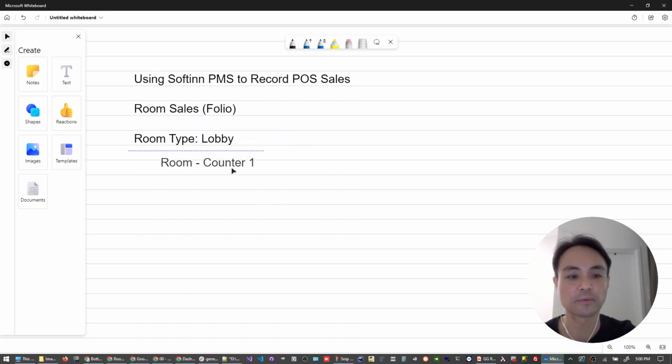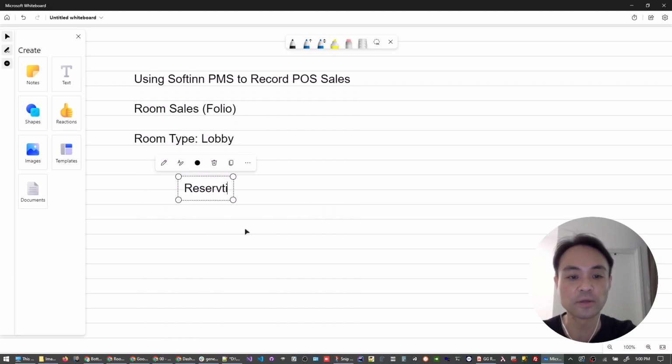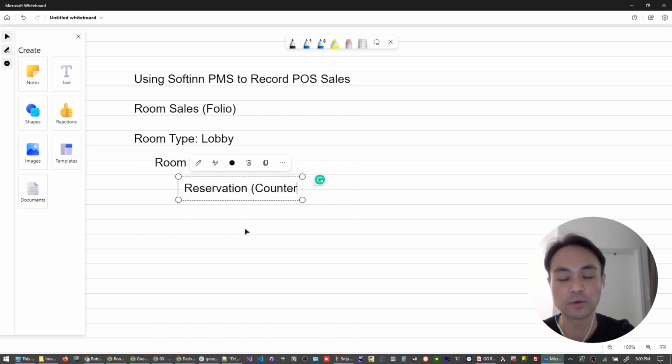Then after that, depending on how frequently you do your sales and reconcile your performance, you could create a reservation